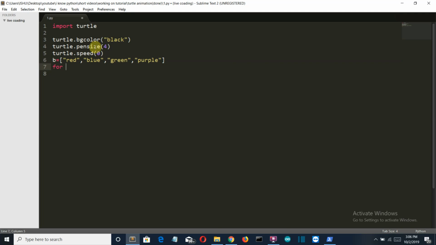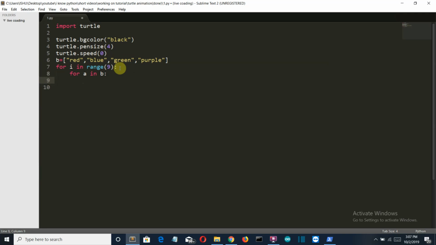Now let's create a for loop: for i in range, let's say 9. This for loop will run for 9 iterations. So for a in b, this will take each color from this list, and then inside this for loop,